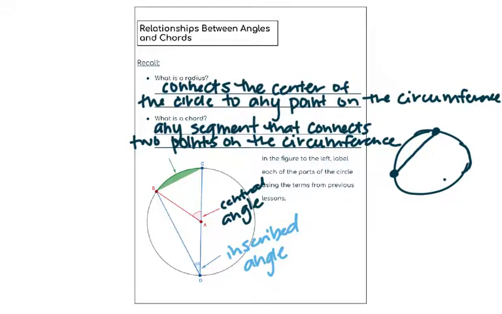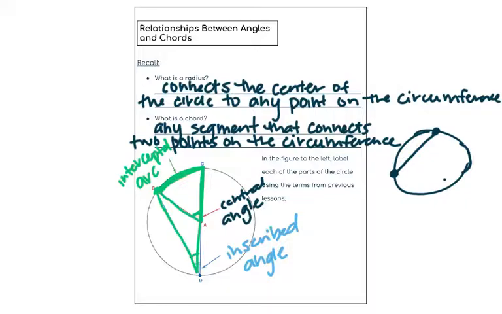And lastly, in the green, we call that an intercepted arc. Now that intercepted arc, notice how the vertices are B and C. So it is going to refer to the central angle in this case, or the inscribed angle. Okay. So those are just some parts that we need to remember about the circle, the inside angles, and that